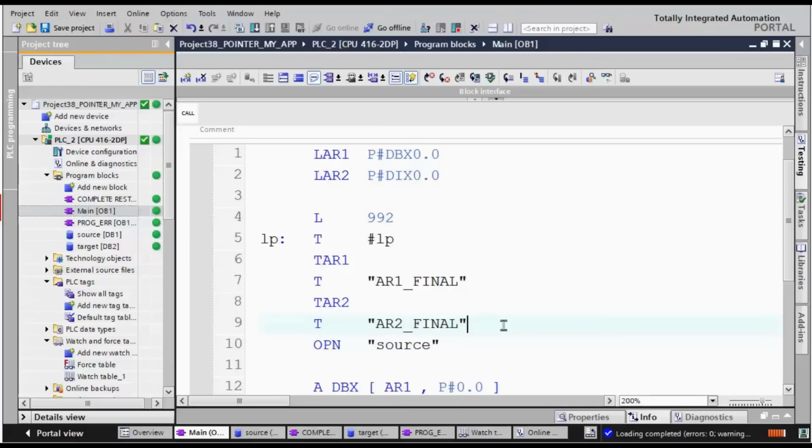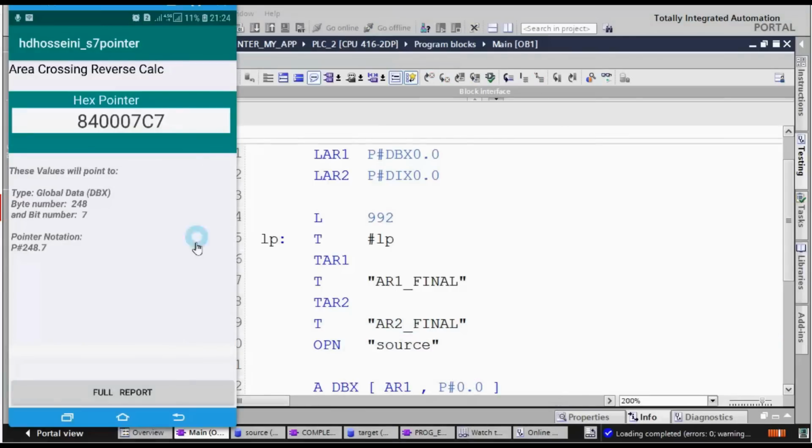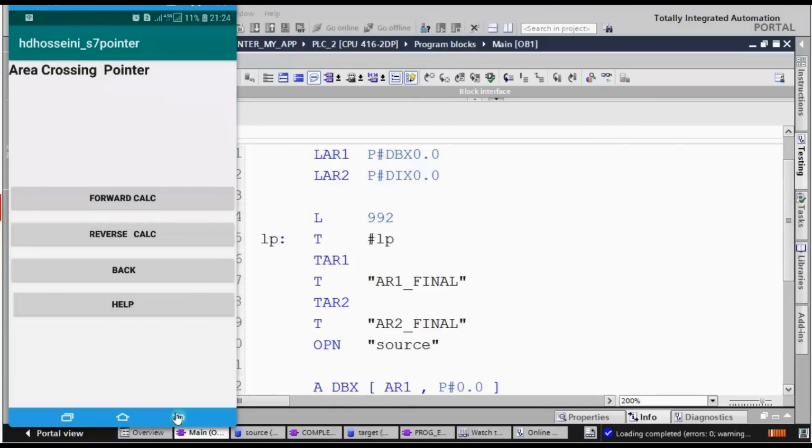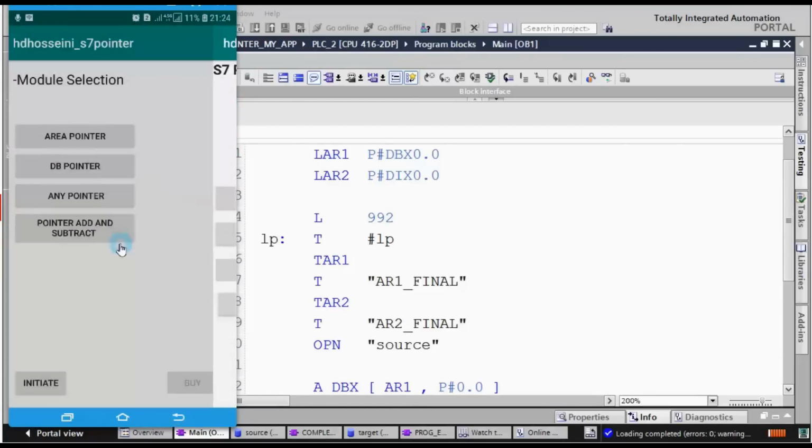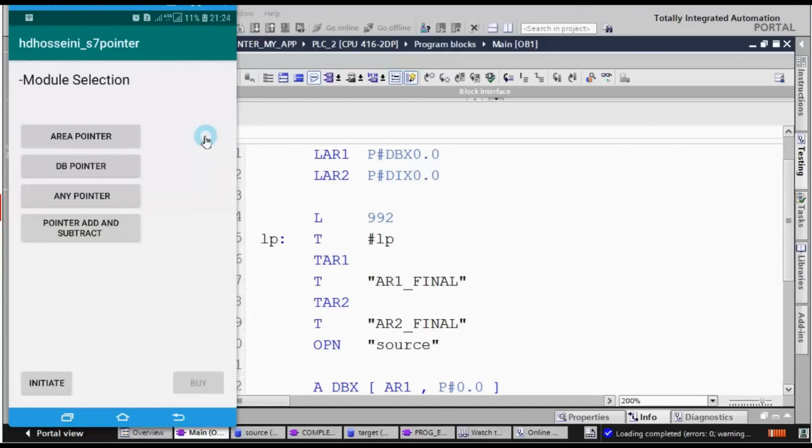You find out how this application will help you to troubleshoot your pointer program in S7 technology. In TIA Portal and Step 7, this application now has 4 modules. It covers area pointer, DB pointer, A and Y pointer. It has a forward calculation and reverse calculation, plus help